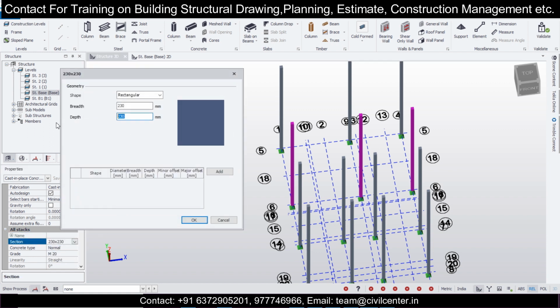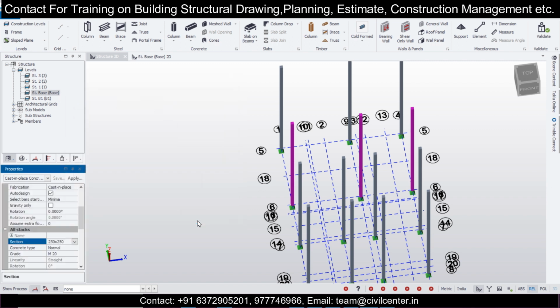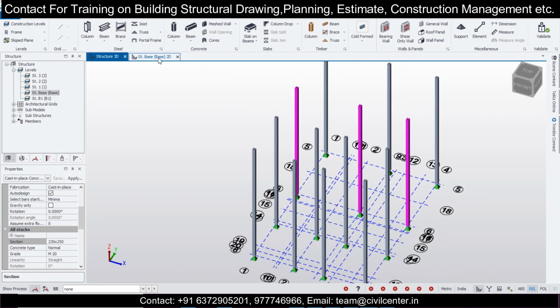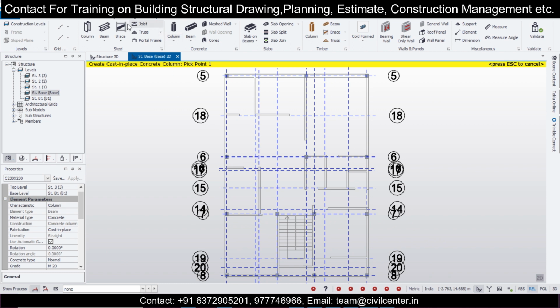Instead of this 230, I'll just make this 250. It is a slightly larger dimension on this side. If this fails in design, we can increase this dimension also. After that, we'll go back to the plinth level, and at the plinth level we'll start assigning our